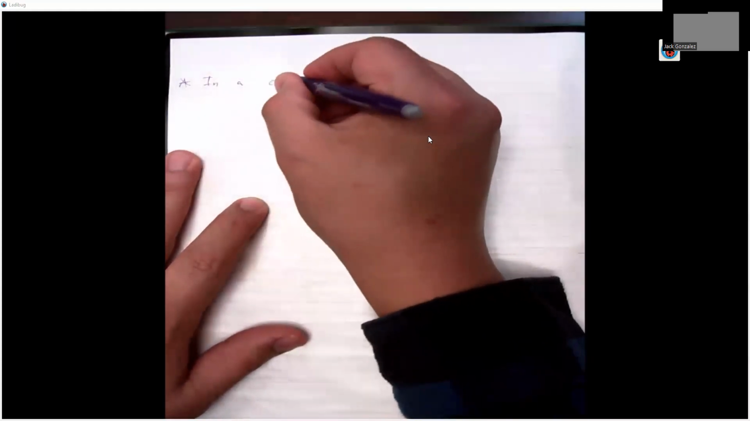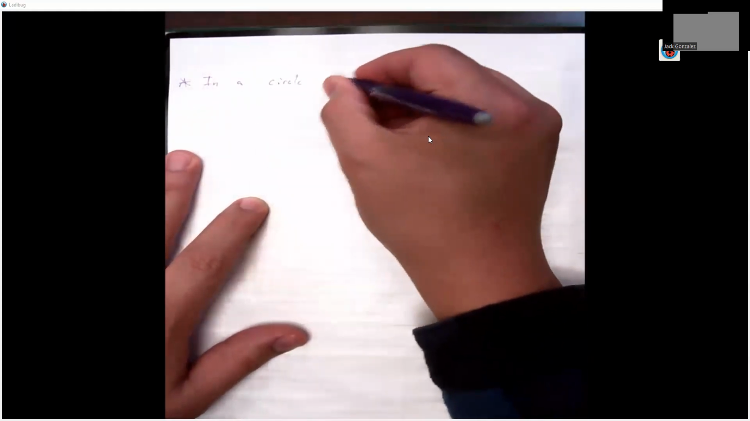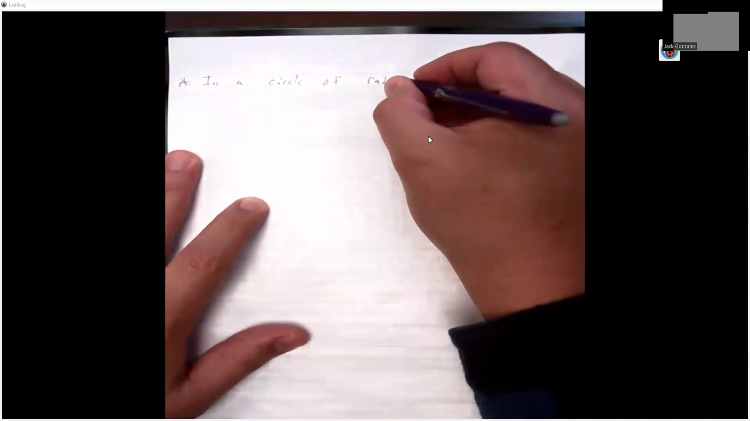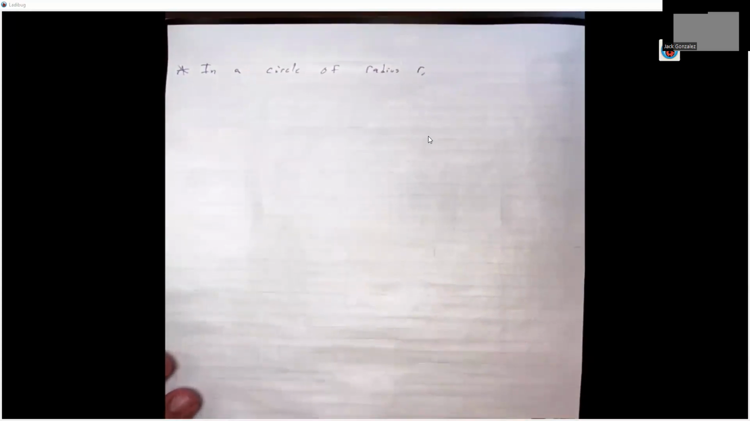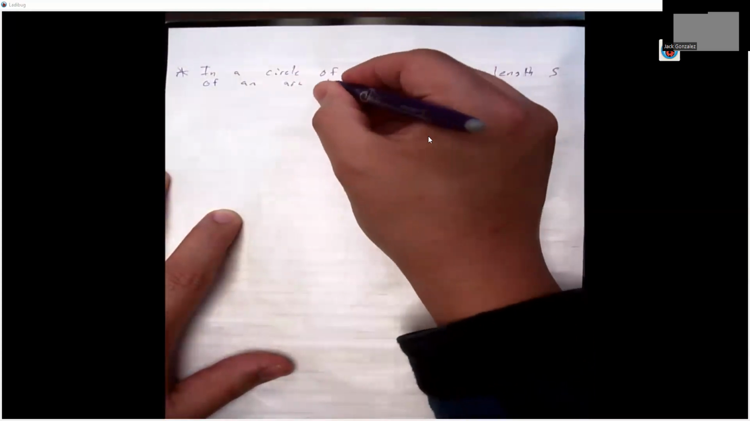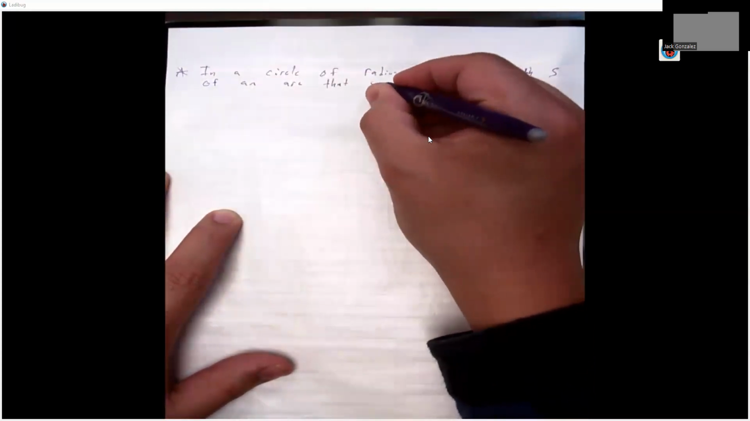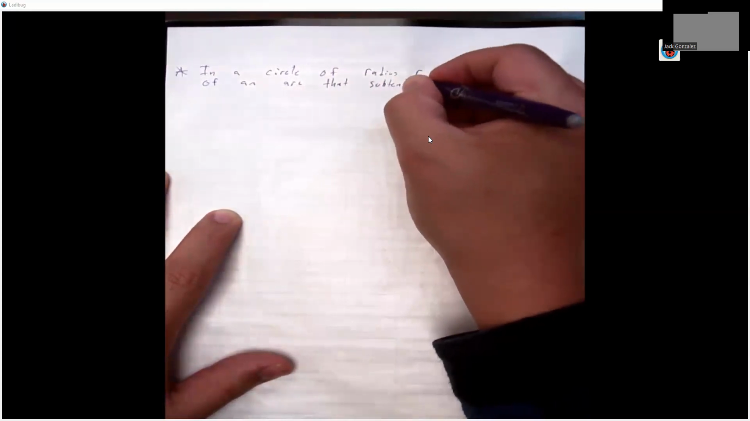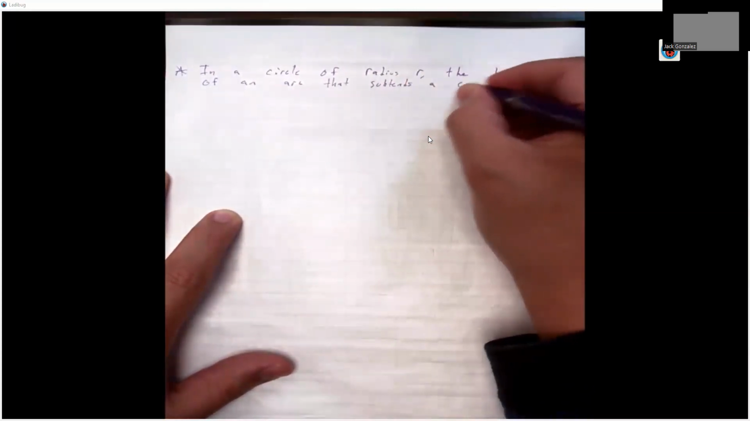So in a circle of radius r, the length s of an arc that subtends a central angle